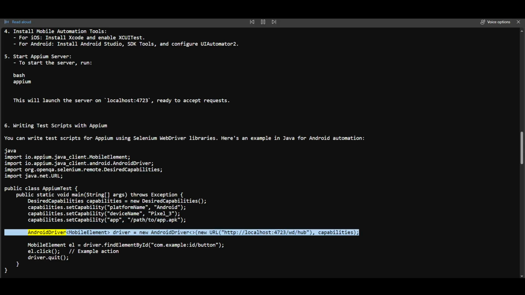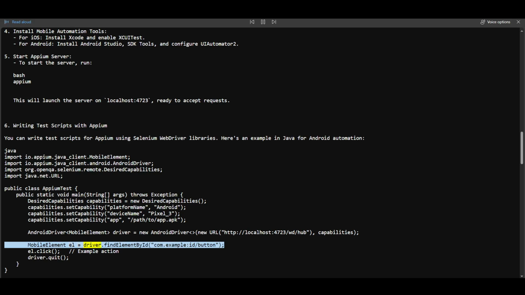APK. AndroidDriver<MobileElement> driver = new AndroidDriver<>(new URL("http://localhost:4723/wd/hub"), capabilities); MobileElement el = driver.findElementById("com.example:id/button"); el.click(); // example action driver.quit();